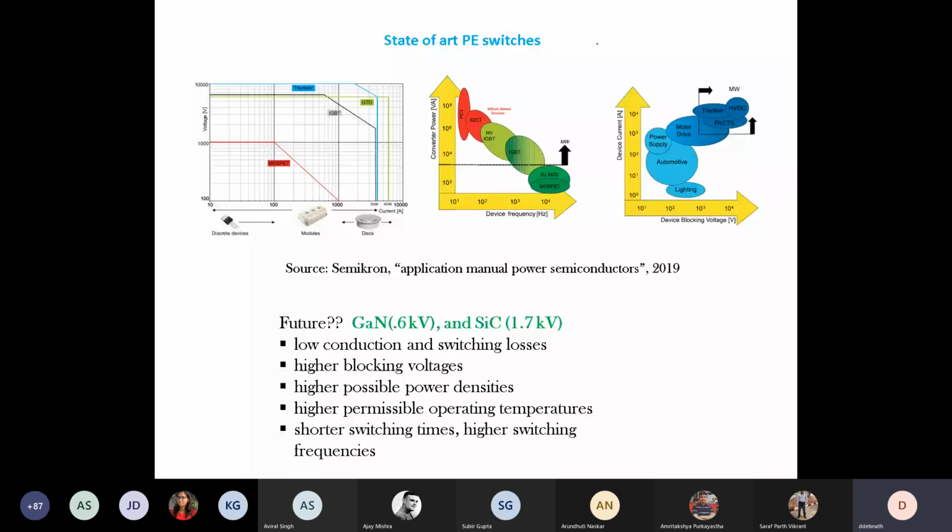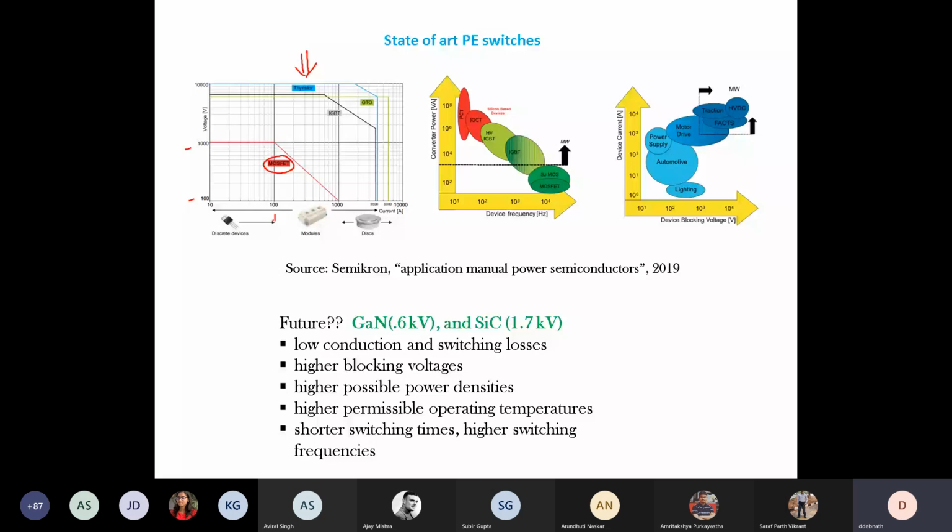What it is saying is what is the preferred zone for MOSFETs. It is maybe a good idea, though it is on the optimistic side, for a voltage requirement from 100 to 1000. Beyond that, you don't want to use a MOSFET. Then current also, you see, beyond 100 ampere, roughly, you don't want to use a single MOSFET. By discrete, it means that it is a single MOSFET.